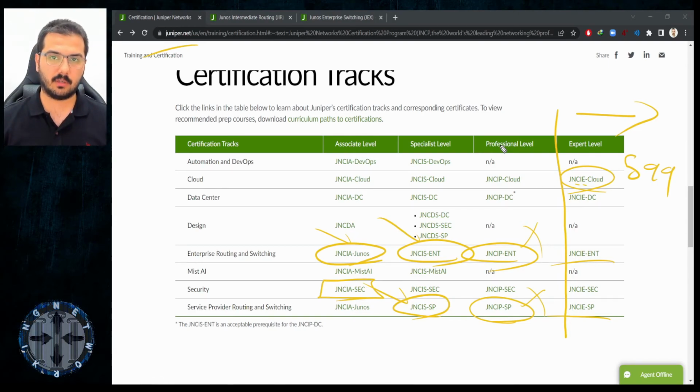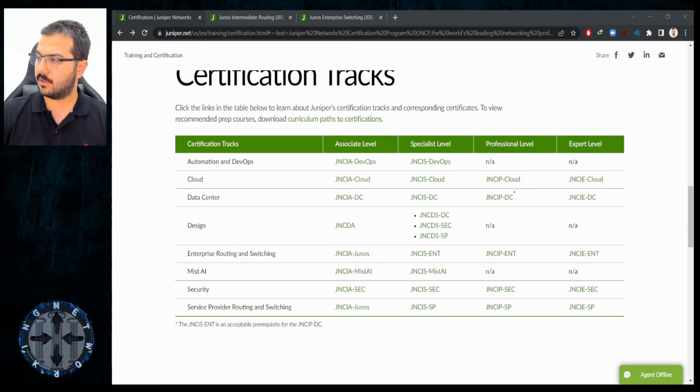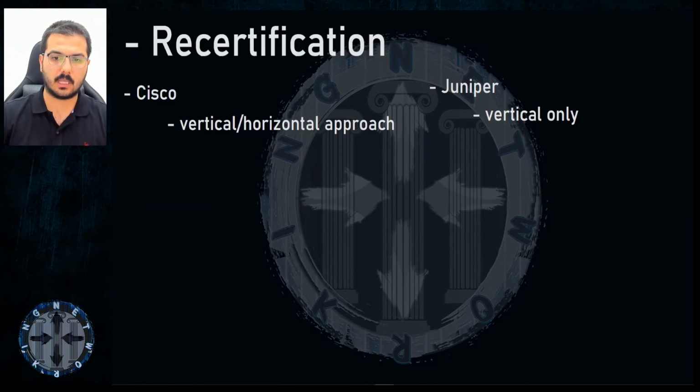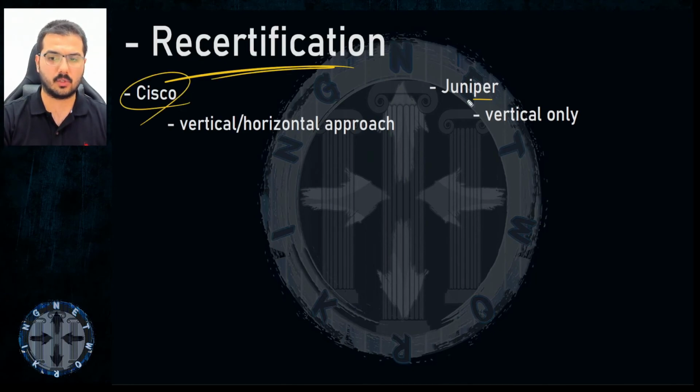So I hope that I have covered a lot so far, because the video is still not ended and I will have to talk about recertification criteria next. But what I really want from everyone who has reached this far is to ask, if it was not covered, in the Facebook group or in the comments below the video, because there are big variations when it comes to comparing Cisco versus Juniper. The last slide that I have today before I say thank you and goodbye is how you would recertify the certifications that you already acquired from either Cisco or Juniper.